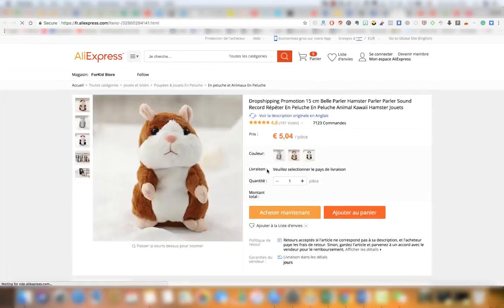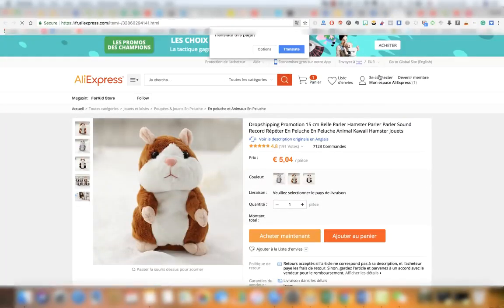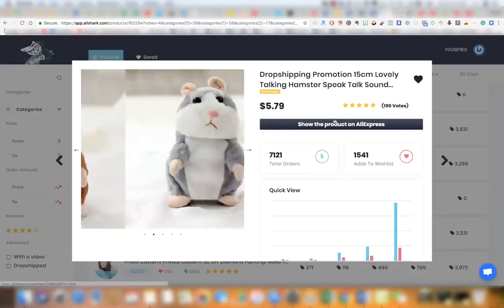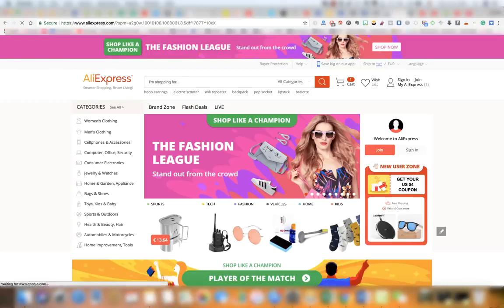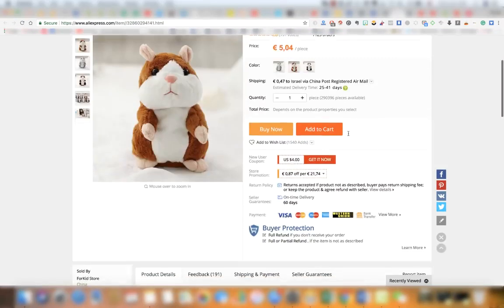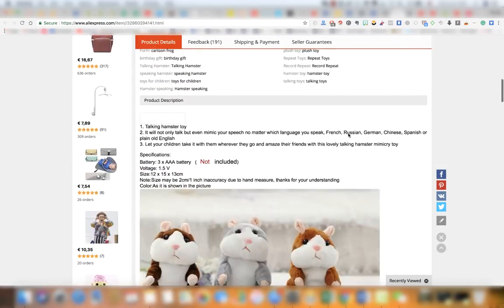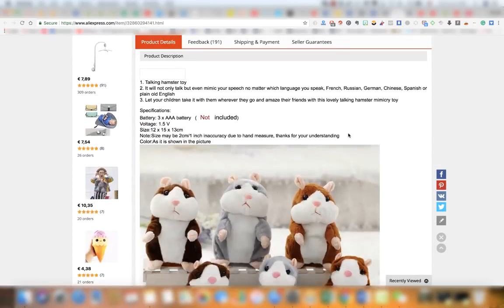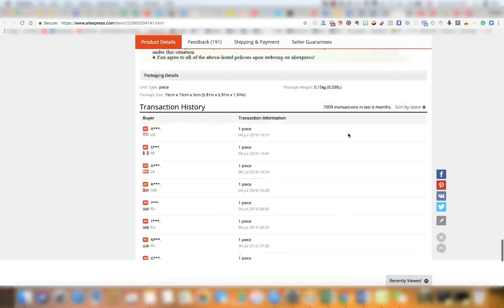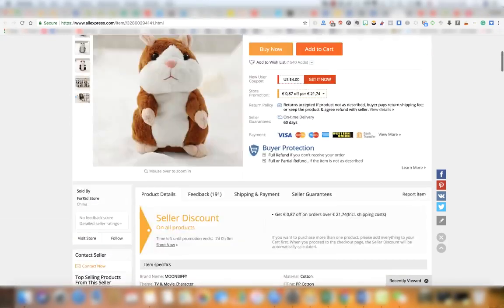Let's go on the product itself, because most of the time you'll find some keywords on the product. Oh, French? Why French, brother? I don't understand French. Let's try again and see. Dropshipping, promotion, talking hamster, raw plush animal, kawaii hamster toys. So it is in the toys, and probably you might try it with the children, but this way it won't help my